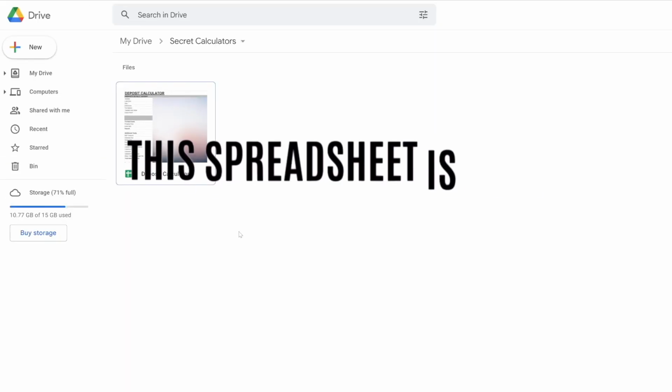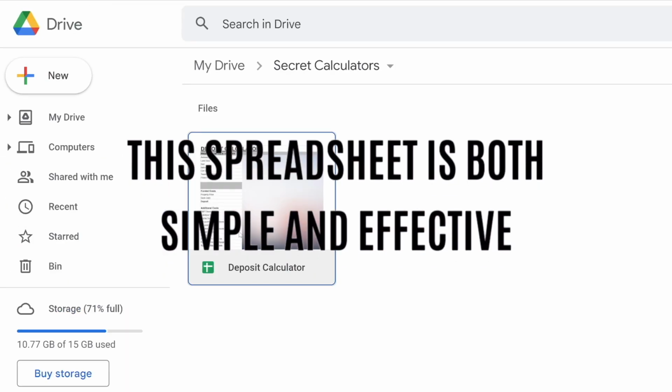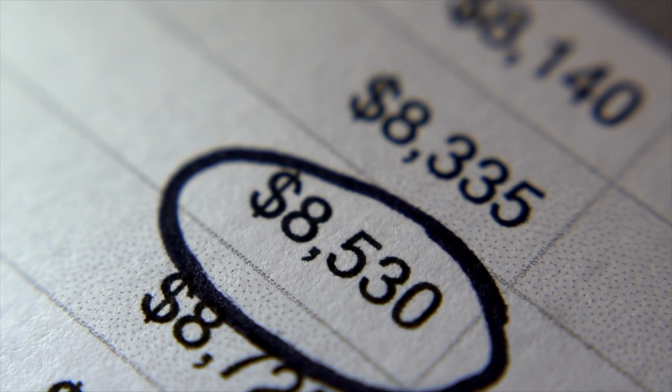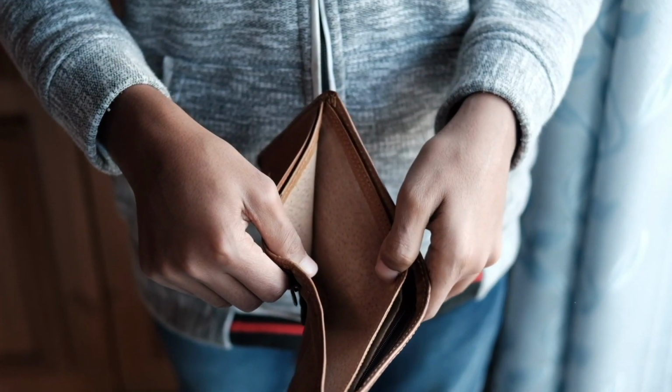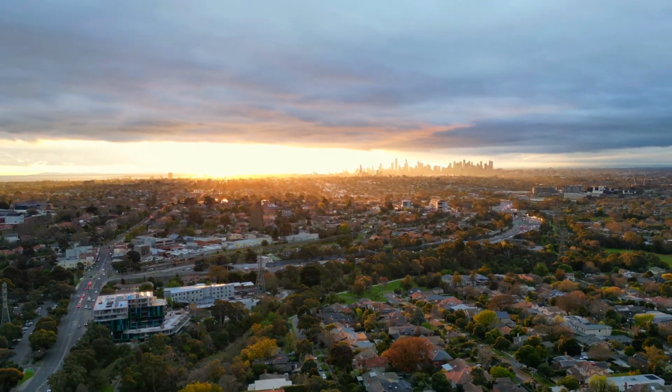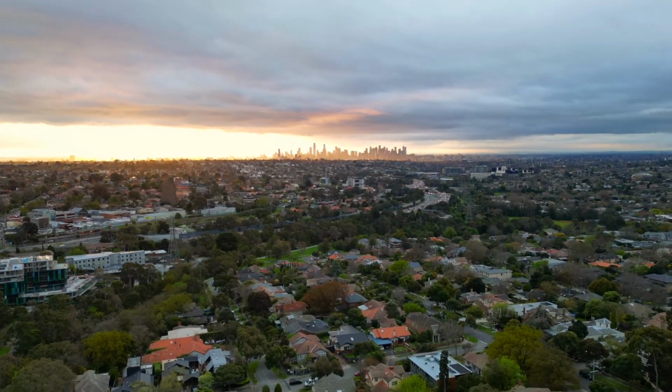This spreadsheet is both simple and effective in allowing you to understand what you need for a house deposit. It's time to get clarity on understanding the amount of money you need to make a property purchase. Whether you're looking to buy your own home or an investment property, the calculator we're going to run through today, you can crunch these numbers yourself and you're going to be able to understand whether you need a 5, 10 or 20% deposit and how you can calculate your own numbers for your own situation when it comes to making